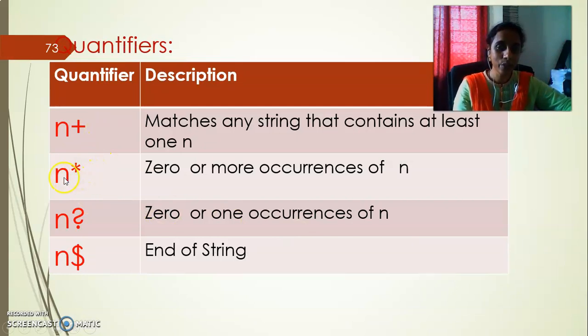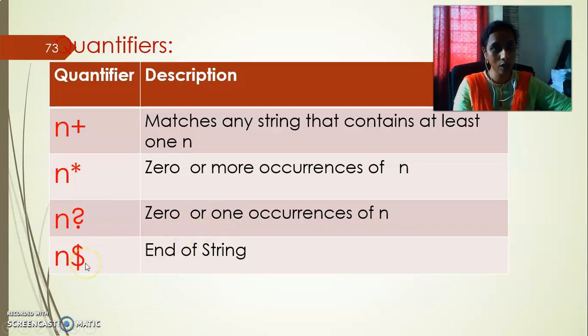Star: when do you write star? The character or the file name or the username begins with character n, and I don't know what the size is. The size can be infinite, 0 or more occurrences. So star indicates 0 or more occurrences. This is famously called wildcard characters in any of the programming languages. Maybe in your theory of computation, etc., shortly you will also learn about these wildcard characters. If a character n is followed by a question mark, then it is 0 or 1, only one character: it may be 0 characters or 1 character.